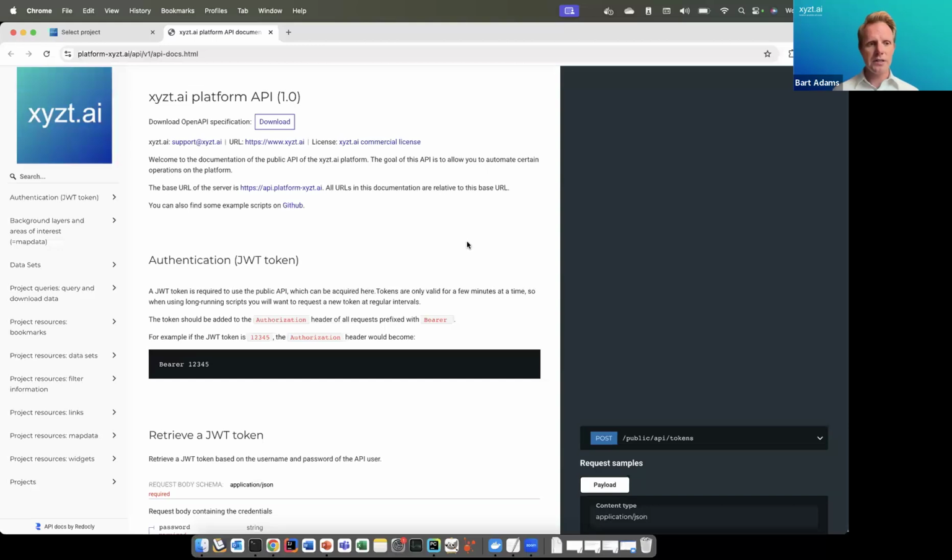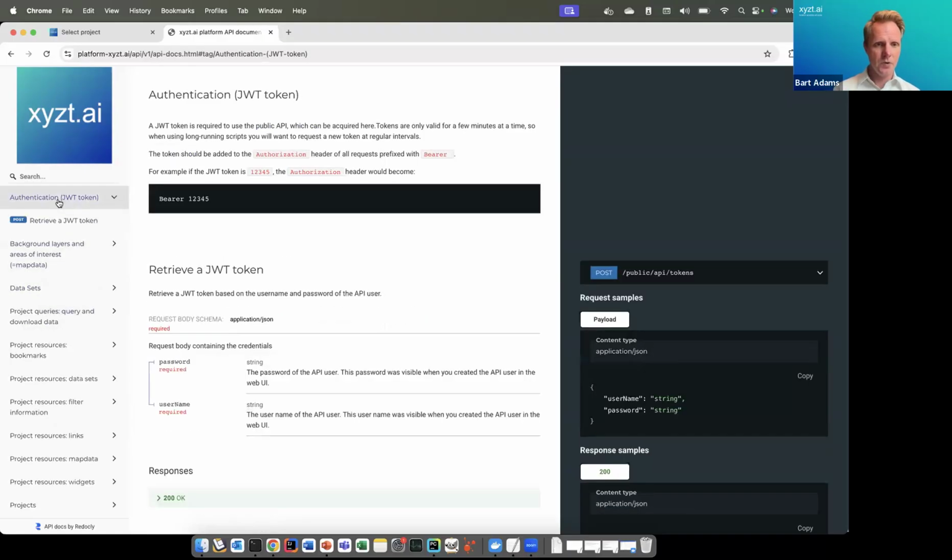The API is structured. So on the left side, you will see that there are different sections. There are sections about data sets, about projects, also about doing queries on the data. So everything is nicely divided there. Today, we will spend most of the time in the datasets section, but the first thing we're gonna do is authenticate ourselves with the API. And to do so, I click on authentication,